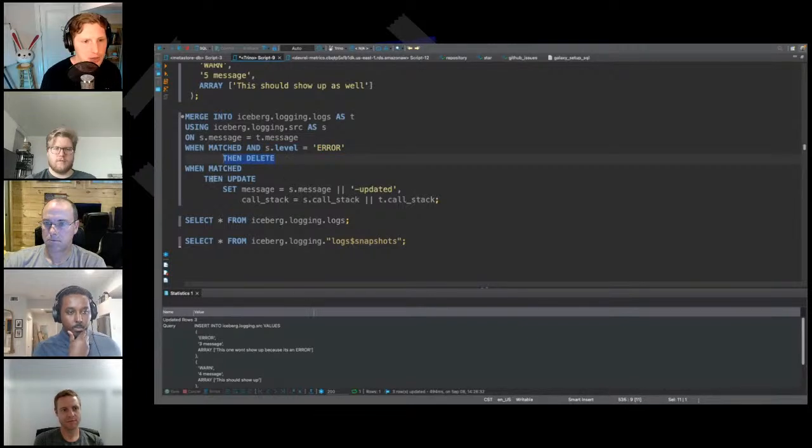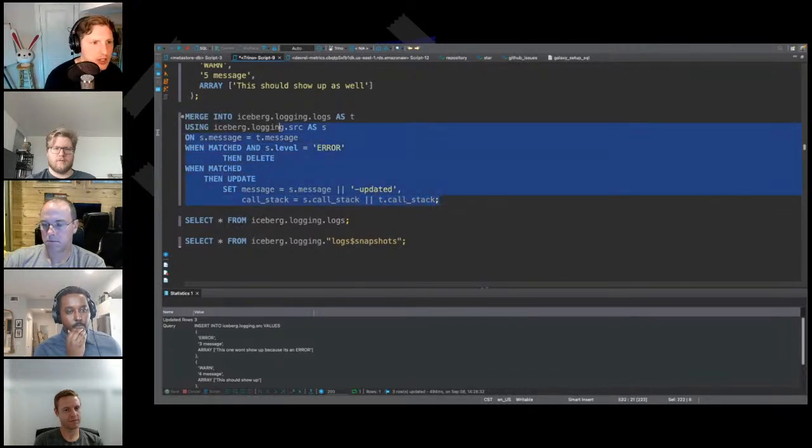When it's matched and no other criteria is specified, basically when we have any other match, then we're going to set message equal to the message concatenated with updated. And then we're going to also concatenate the call stacks from the source to the call stack of the target. So let's go ahead and run that merge.